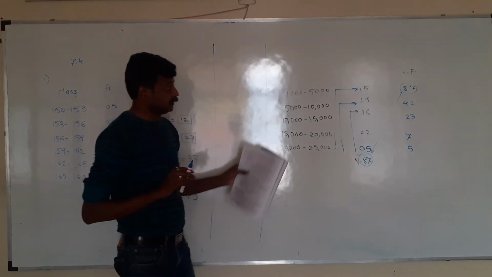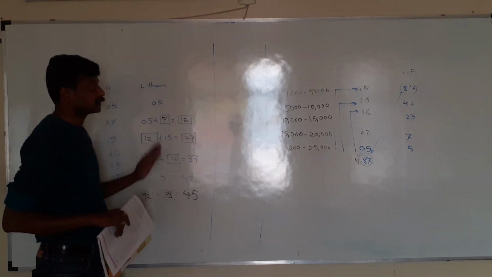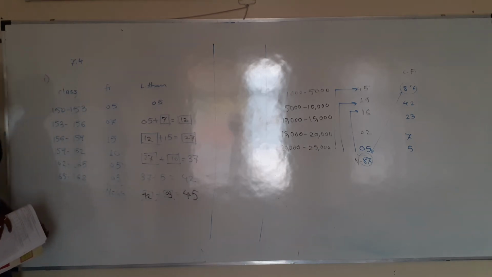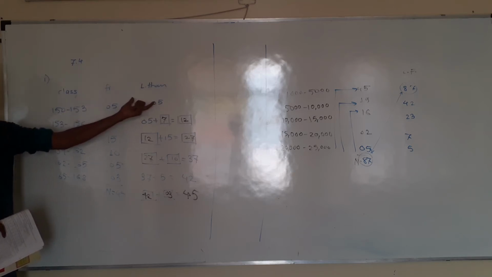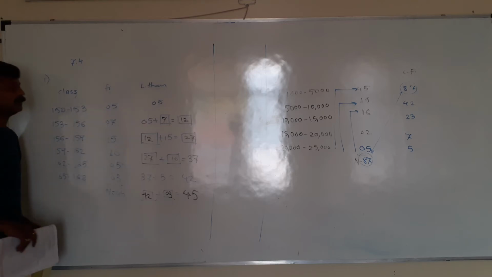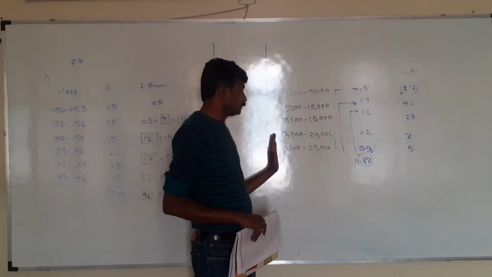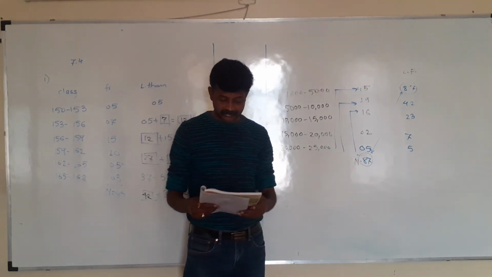So this is the example of cumulative frequency more than the lower class limit, and the earlier one was the example of cumulative frequency less than the upper class limit. Less than upper class limit means we start the addition from top to bottom. Cumulative frequency more than type, more than the lower class limit, we start the addition from bottom to top. So this is the main difference.